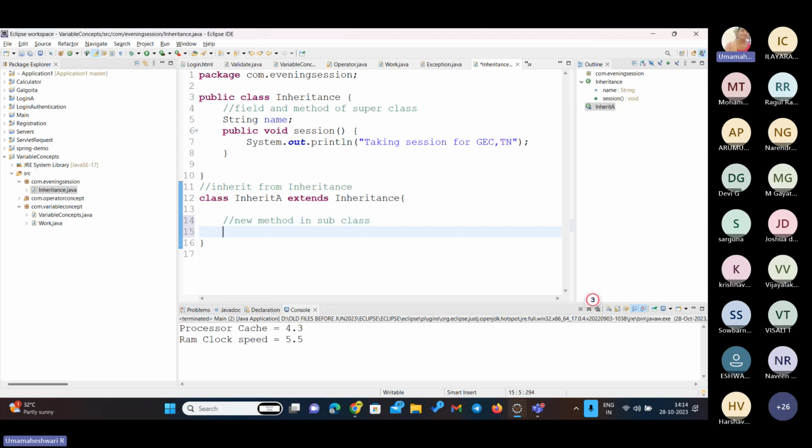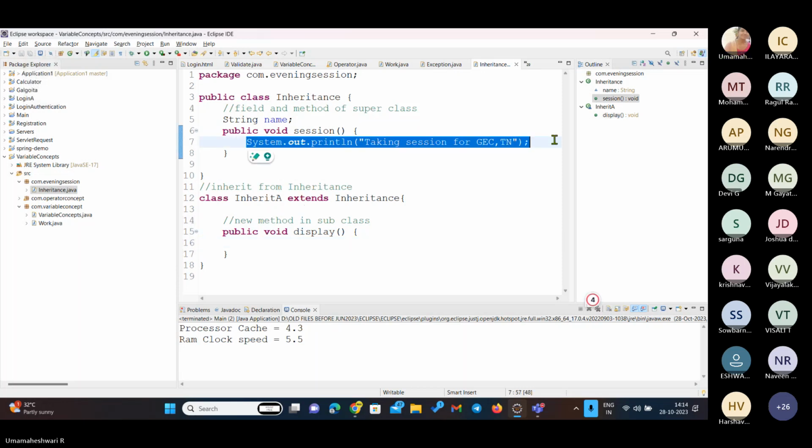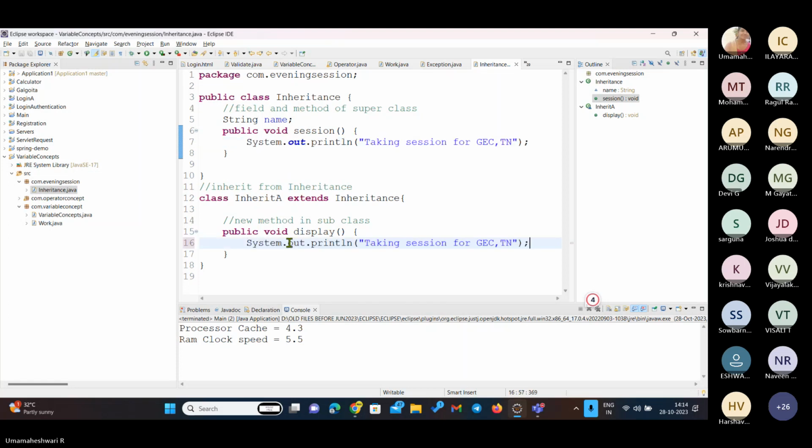Okay, now in the subclass, public void display. So inside display I'm just giving some text. My name is plus I'm going to get the name. Okay, so I'm going to get the name from the main class. So this is the superclass and this is the subclass, and the last one is going to be